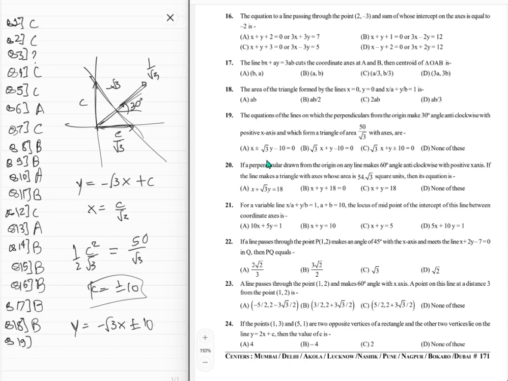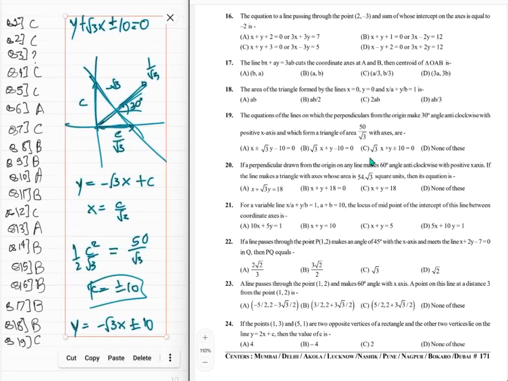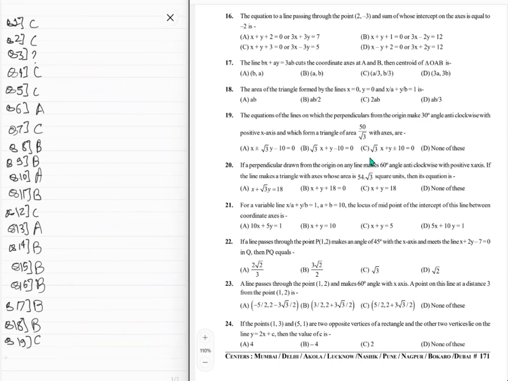So y plus square root 3 x plus minus 10 equals 0, something like that. So square root 3 x plus y, exactly, minus 10. Right. Single correct, of course, then C is the way to go. So next, question number 20. Question number 20 is, if the perpendicular drawn from the origin on any line makes an angle of 60 degrees anti-clockwise